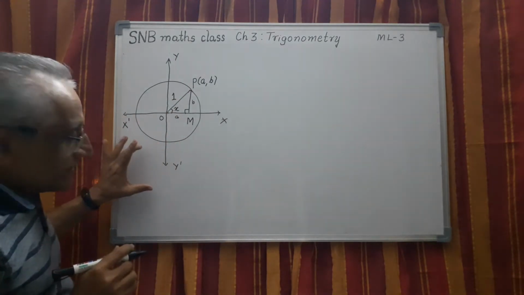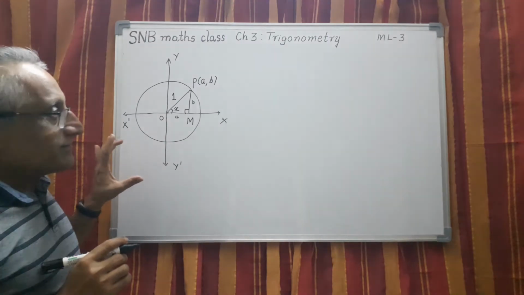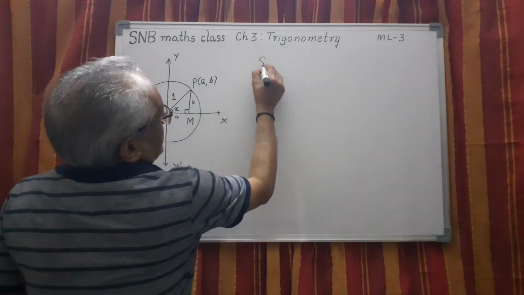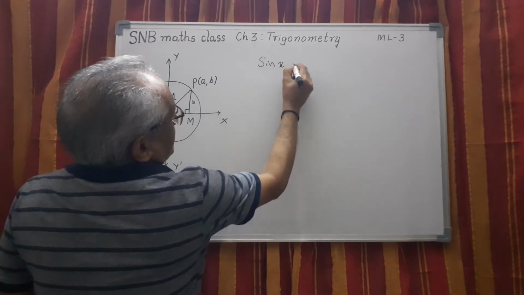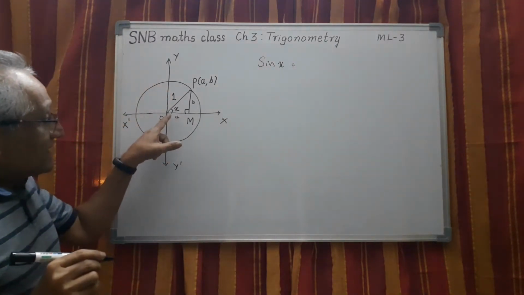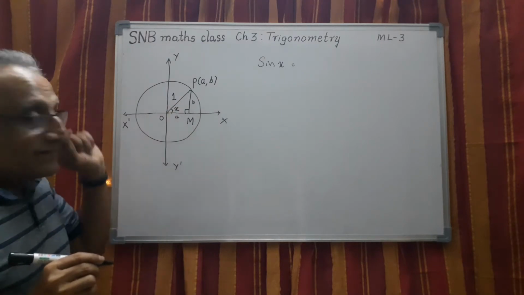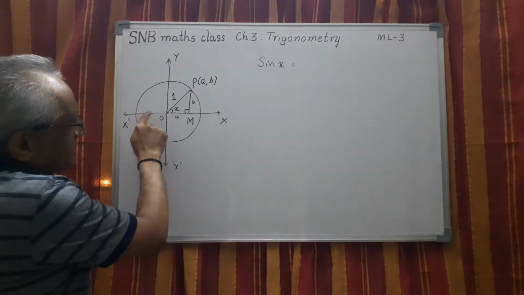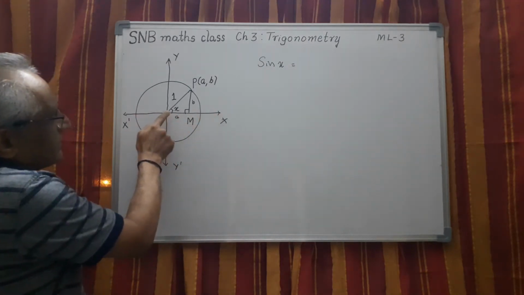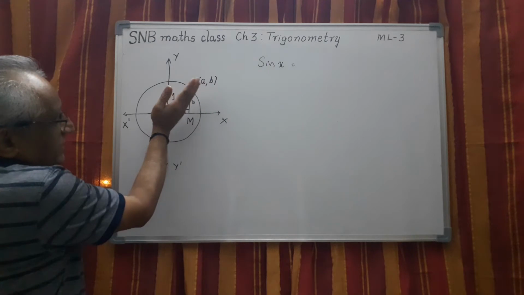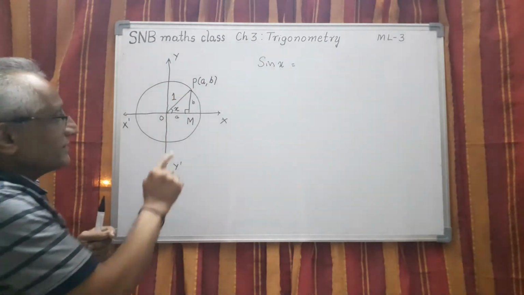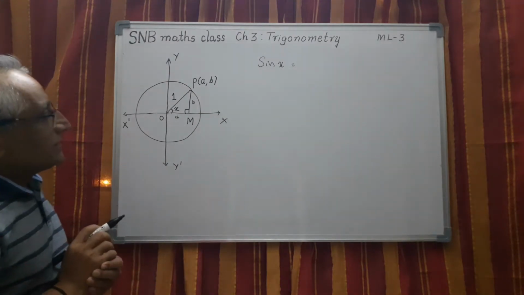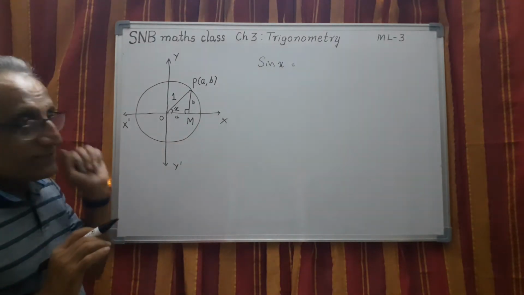Now with the help of this, we can define 6 trigonometric ratios. So the first one is sin x. Here x is the angle in radian. So let me try to recollect once again. This is x-axis. The radius OP is rotated in the anti-clockwise direction and making an angle x, say x radian. Then we define the following ratios.